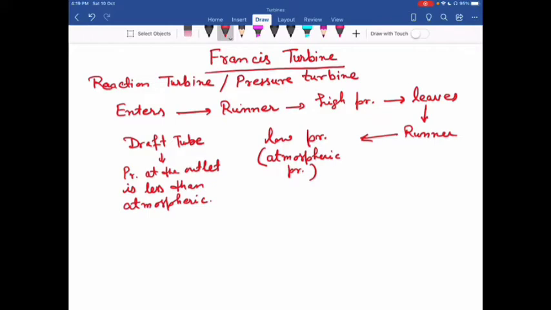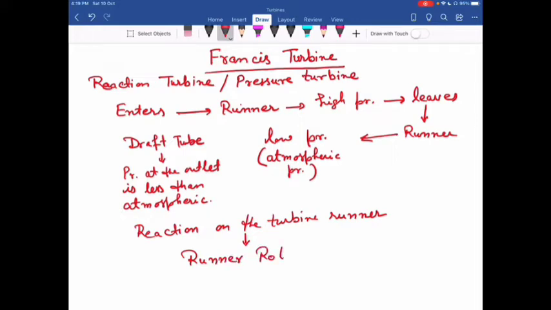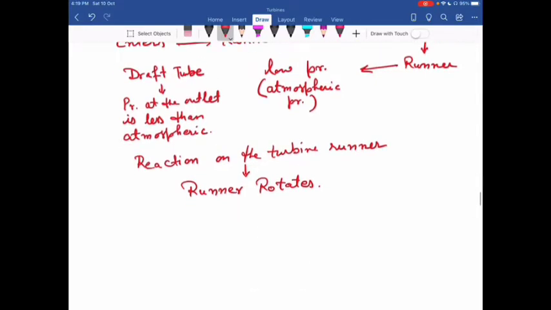there is a reaction on the turbine runner. Due to that reaction, the runner rotates. The runner of the turbine rotates. Now, the difference of pressure,